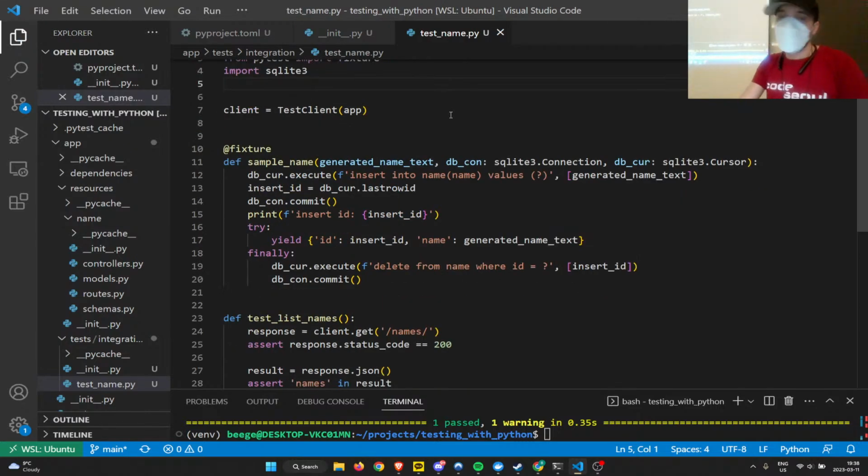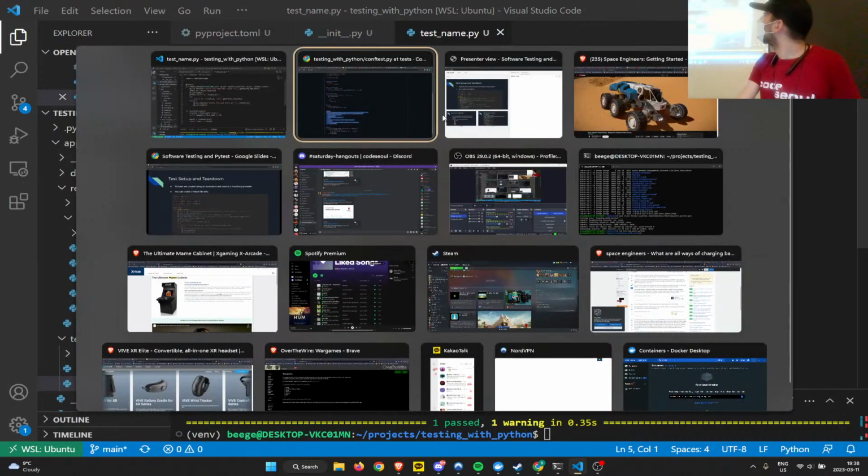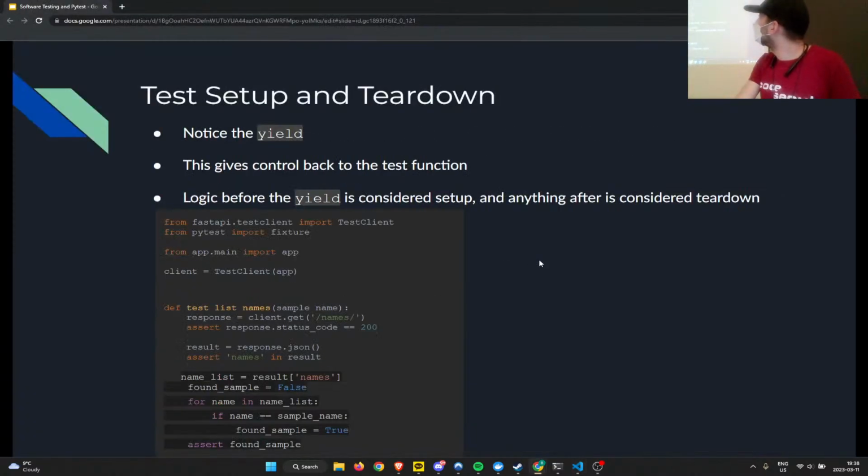So if we go back, there it is. So I mentioned the yield stuff already. Again, before yield is setup, after yield is teardown. And then in our test list names function, these look like spaces.